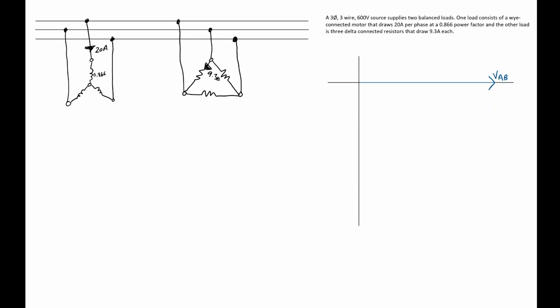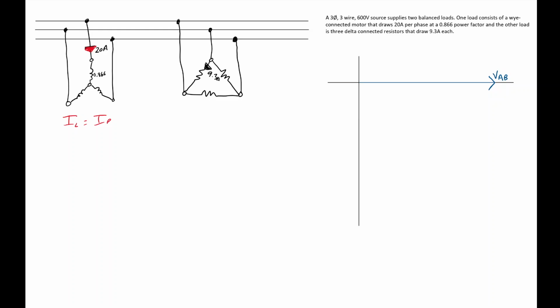So here I have another, similar question. It says a 3-phase, 3-wire, 600-volt source supplies 2 balanced loads. One load consists of a Y-connected motor that draws 20 amps per phase, right? So I've got that over here, Y-connected motor, 20 amps per phase, which we know that I line equals I phase with a Y load